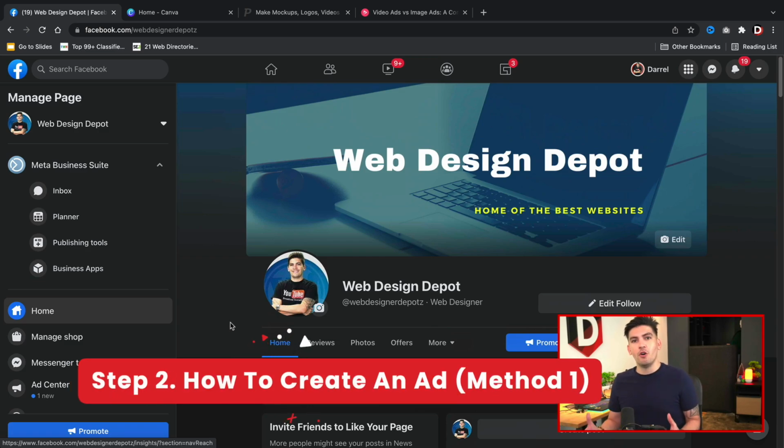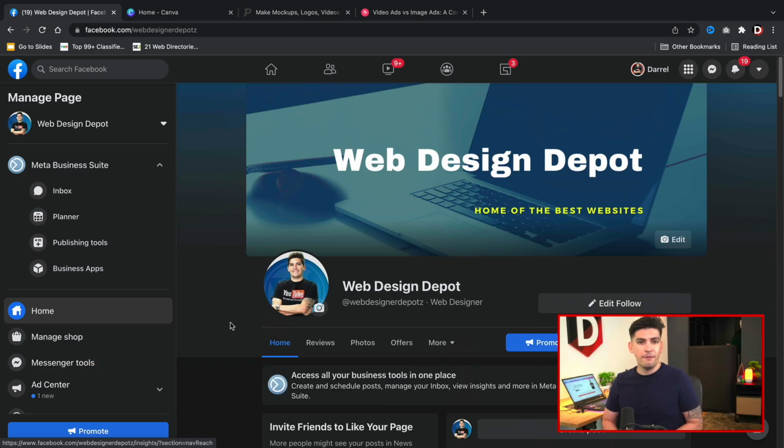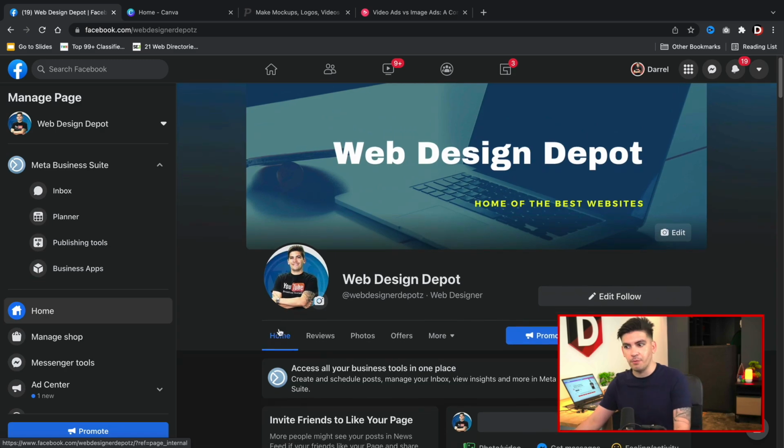Hey guys, welcome to section 2. So in this part of the video, I'll be explaining how to create ads, and I'll also be explaining if video ads are more effective or image ads. But let's first go ahead and just walk you through this page. Now this is a test page that I created. However, I did use real money to test everything else, and I want to show you guys what this looks like and kind of explain to you what you're looking at when you are using Facebook ads.